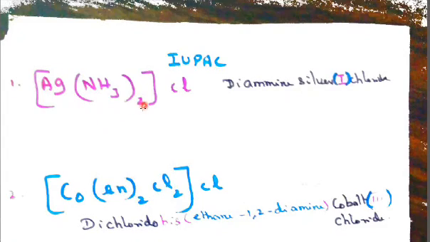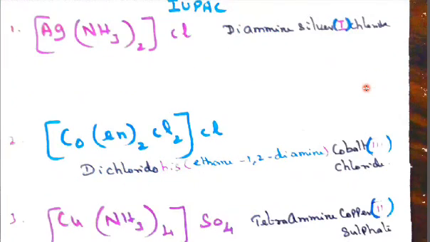First, let us see this 2. It is called di. Then the ligand is a neutral ligand. NH3 is called ammine, so diammine. I've said the number di, then the ligand name ammine. Next comes the central metal atom, which is silver. The oxidation state is +1, mentioned in Roman numeral I enclosed in a closed bracket, and for the counter ion I should say only chloride.